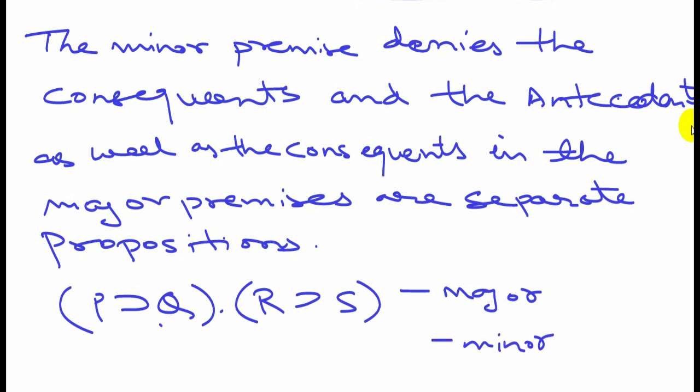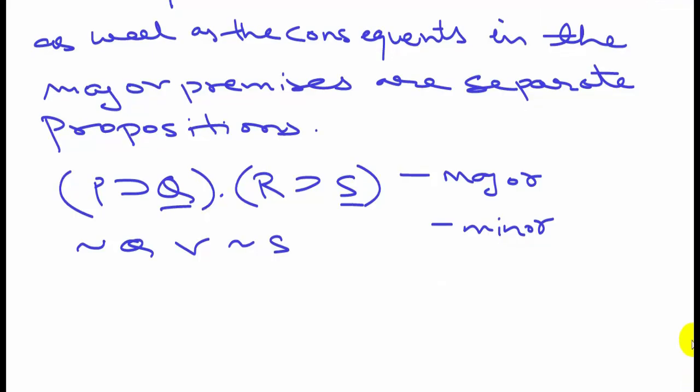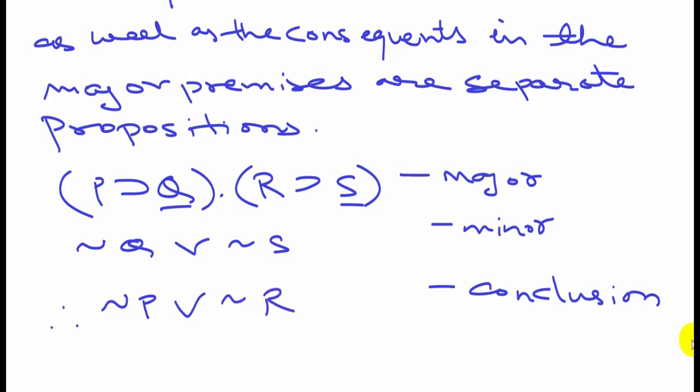So these are the consequence, not Q, not S. Not Q or not S. Then, therefore, the conclusion is not P or not R. Not P or not R. So,